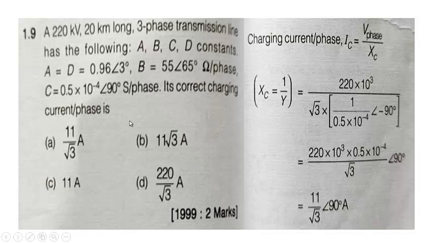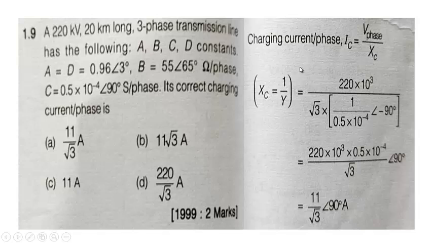So the correct charging current will be... since it is a 20 kilometer long transmission line, usually we neglect the capacitance effect for a short transmission line, but since it has asked you to find the charging current, you have to take care of the capacitance, and C is also given. You can see this is actually the capacitive admittance. When you are asked to find the charging current, you have to find this IC, which is equal to V phase divided by XC, or V phase into